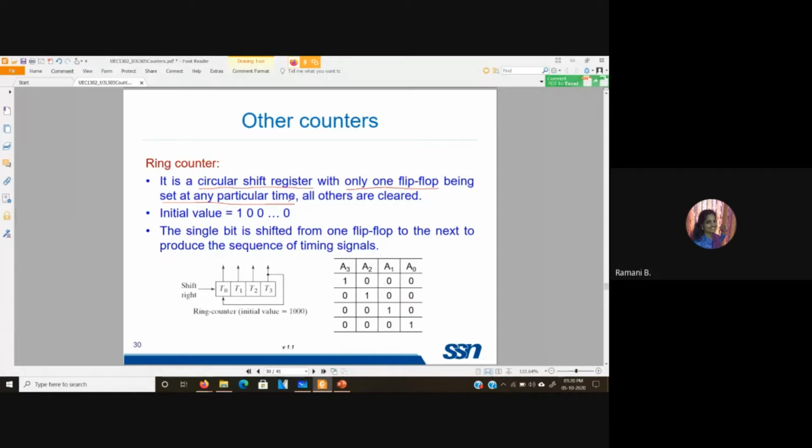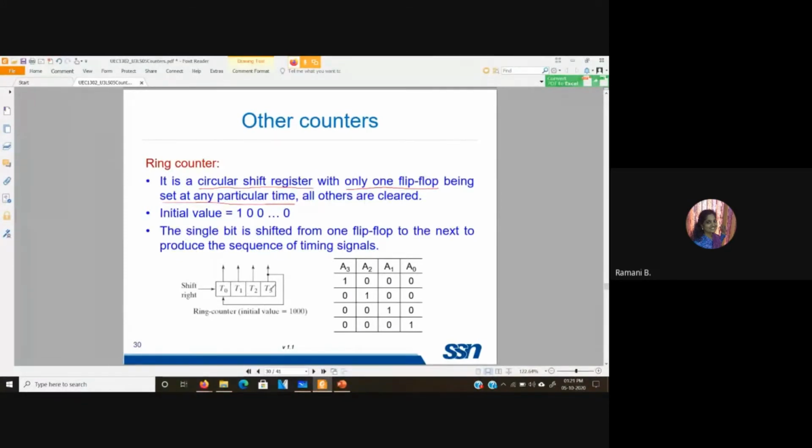The main thing is only one flip-flop should have a value of 1. That alone is set. All other flip-flops are cleared. So here the initial value is 1 followed by zeros. How many ever flip-flops you have, accordingly you will be having the number of zeros. And this 1 will be shifted with each of the clock pulse.